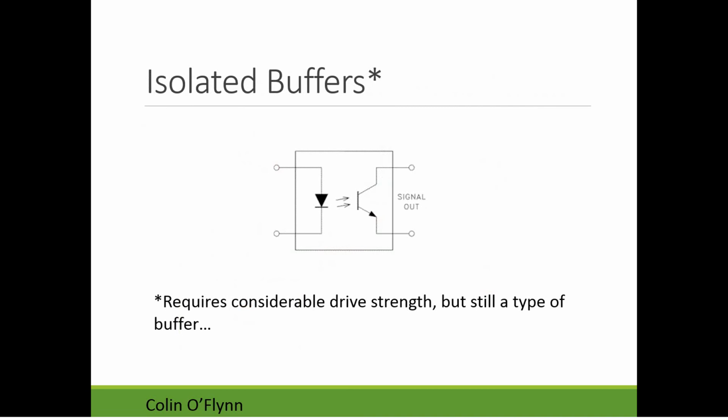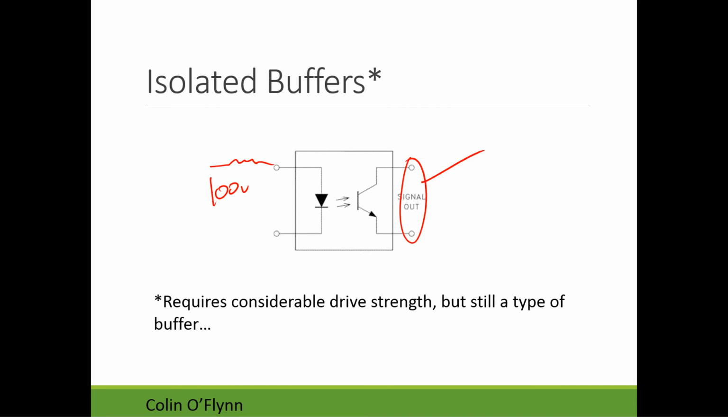Another type of buffer to briefly mention is isolated buffers, and you actually have these, opto-isolators they're called, in your kit. Normally they're used just to transmit a digital signal on or off. They're nice because you can set it up such that you have 100 volts here with a suitable resistor to limit the current, and on this side of the opto-isolator, all you get is a very small, weak signal because you're just getting the output of the phototransistor.